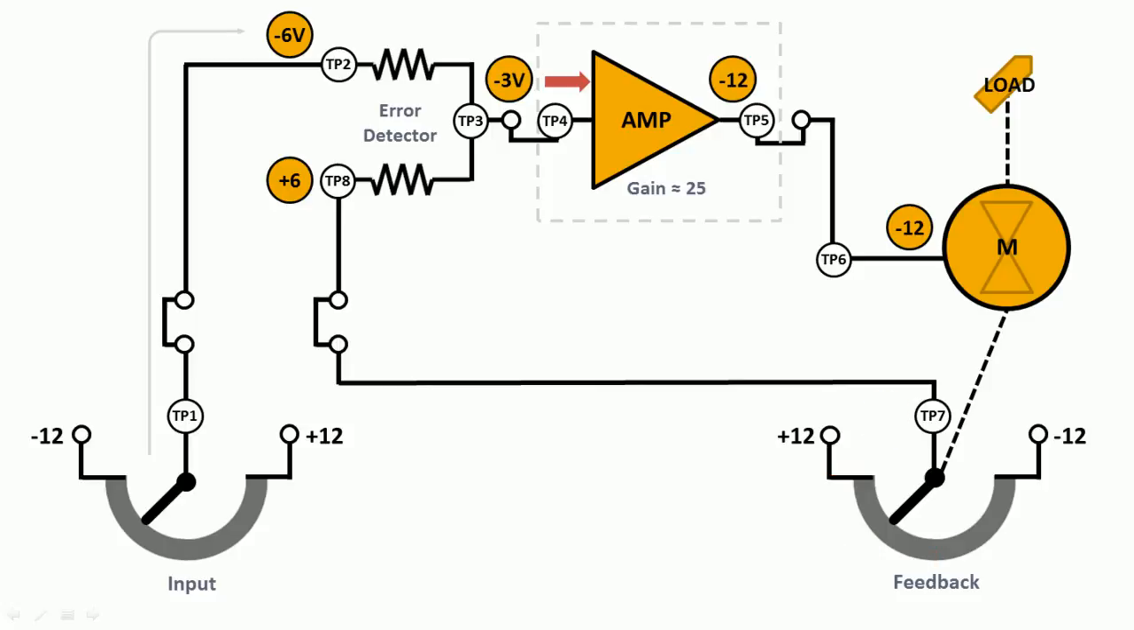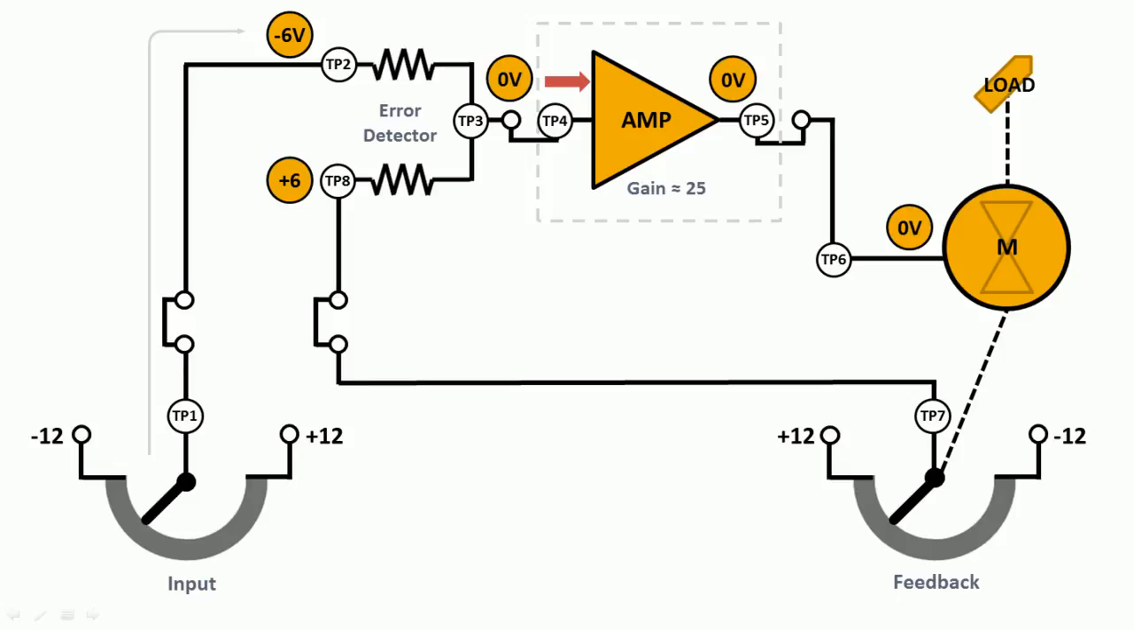Look at the error detector. Negative 6 volts from the input potentiometer is present at TP2, and positive 6 volts from the feedback potentiometer is present at TP8. Because equal and opposite voltages are applied across 2 resistors of equal value, the voltage at TP3, or the summing point, will be 0 volts. With 0 volts applied to the amplifier's input, the output will also be 0 volts and the motor will stop